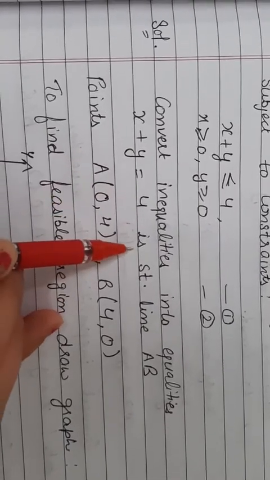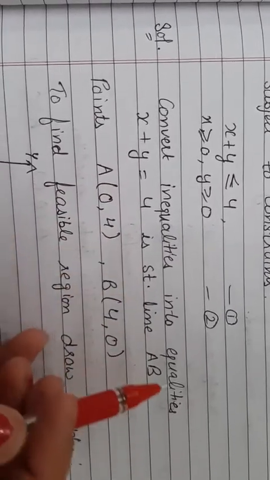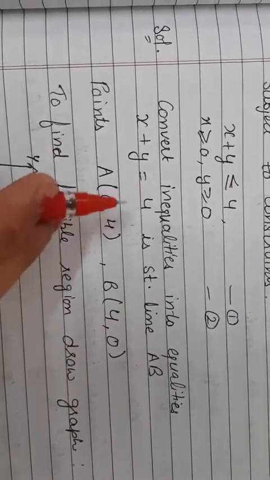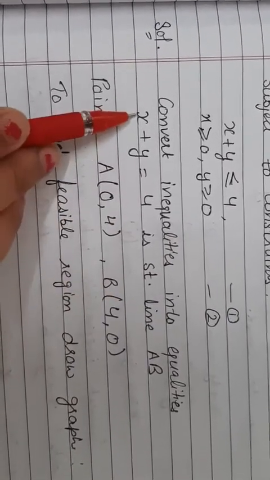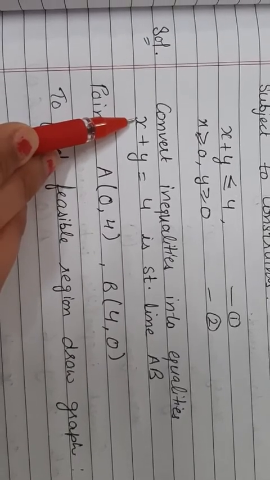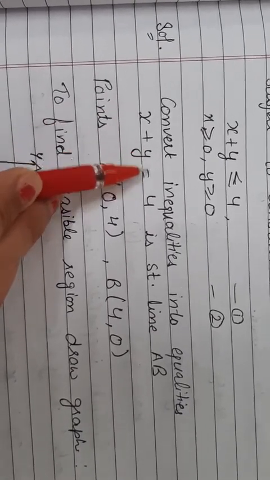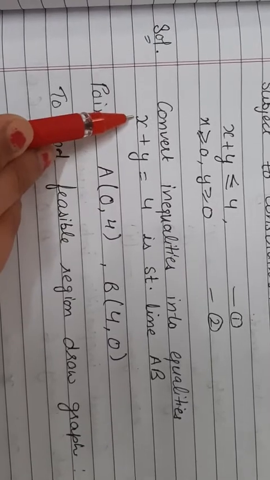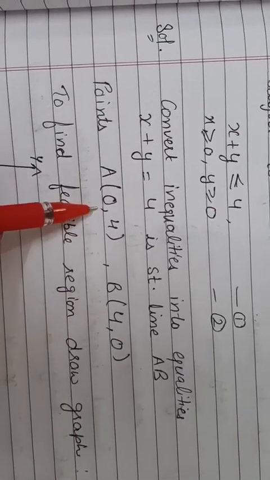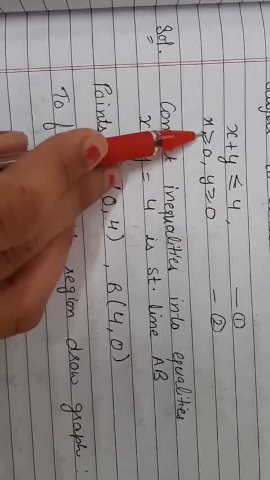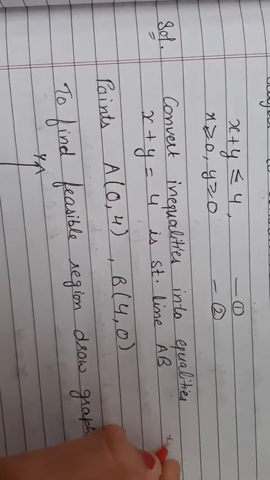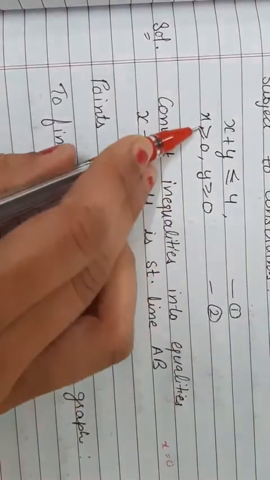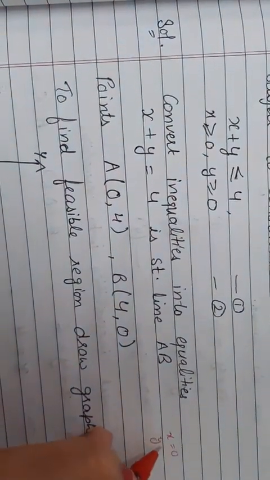That is a straight line, AB. As yesterday I was telling you how to solve this and how to get their endpoints. Put x 0, then y will be 4. Put y 0, then x will be 4. So 2 points you are getting from this line, and other points are like, if you convert this inequality, then it will be x equals to 0 and y equals to 0.